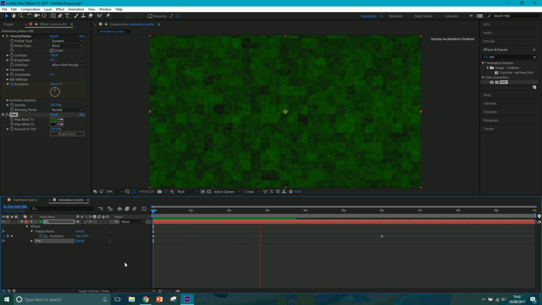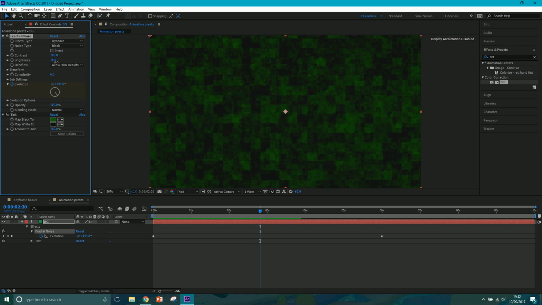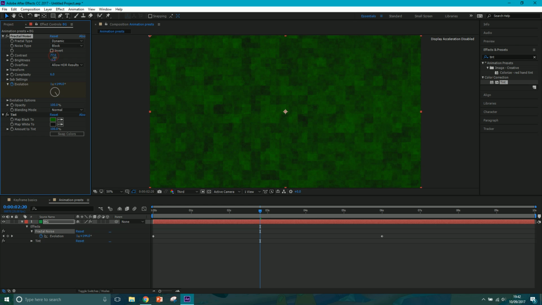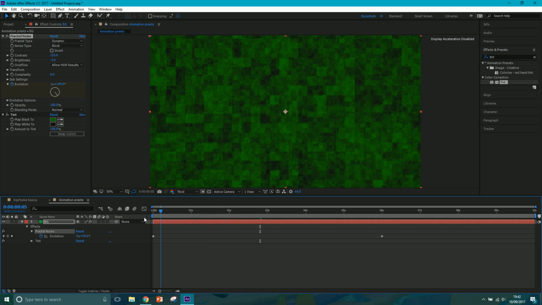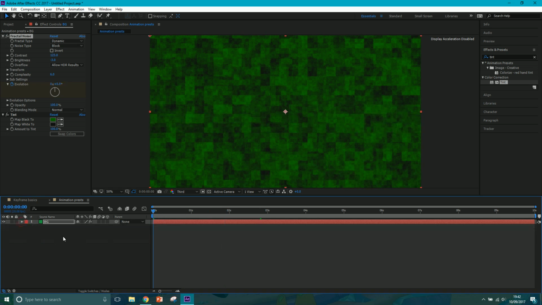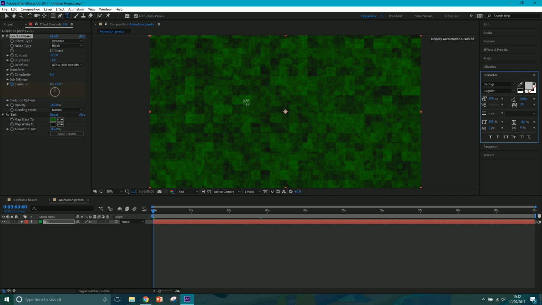That's all I'm going to do for the background. I could alter this brightness and contrast. You know, you can play around with that yourself. But we've animated the evolution of it, so it has this sort of animated look. Now, what I want to do next is just add some text. So I'm going to get my text tool, type on top,